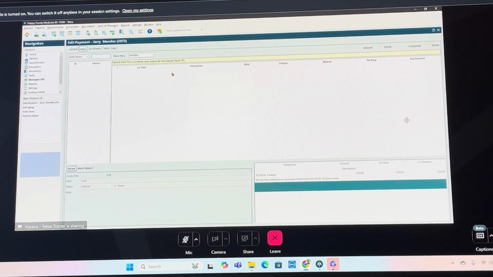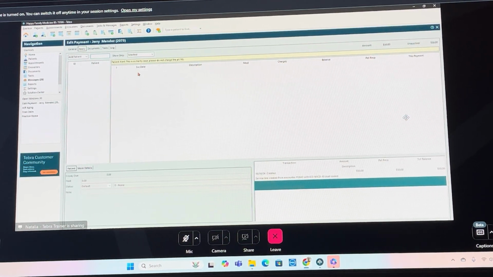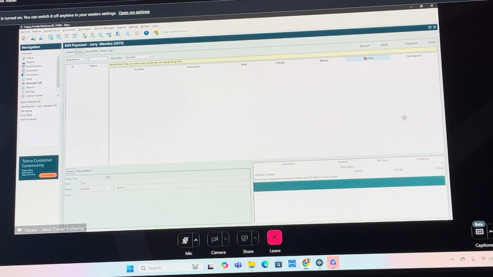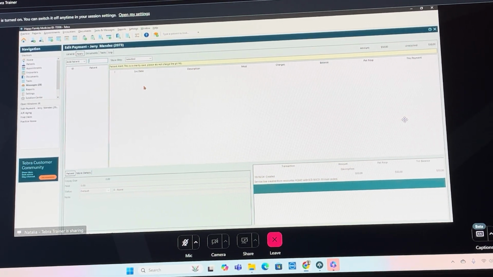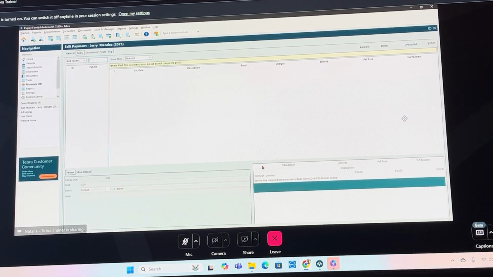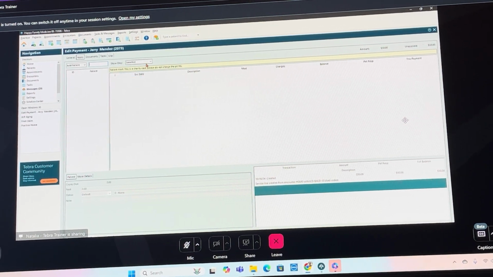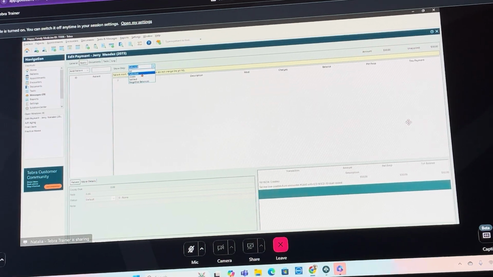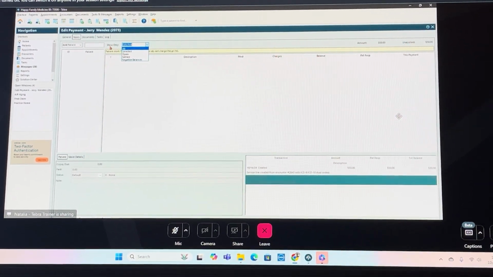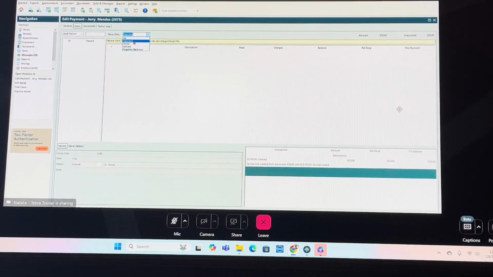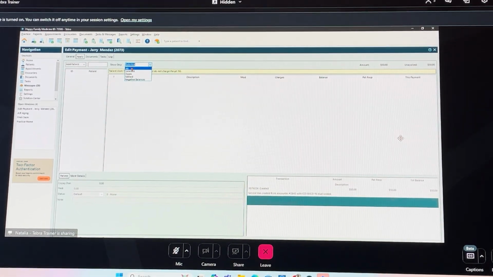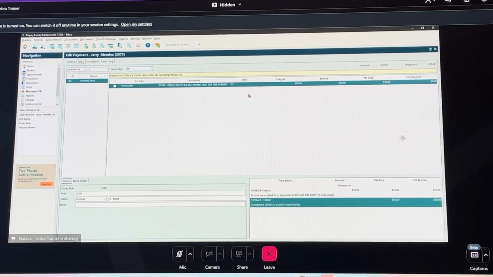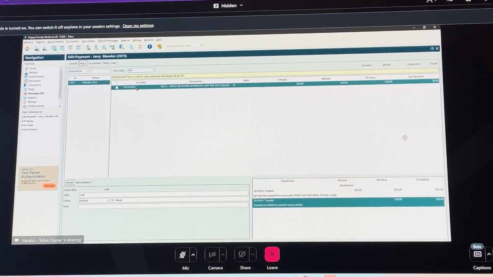And this apply screen will give me access to all service dates with patient responsibility. You will notice how this screen has nothing at all for me, right? I don't have any information here. This is common, so if you don't see anything on the screen, you have to go to the show only dropdown and change the option that says selected to the all option, okay? So I will be selecting the all option in the dropdown,